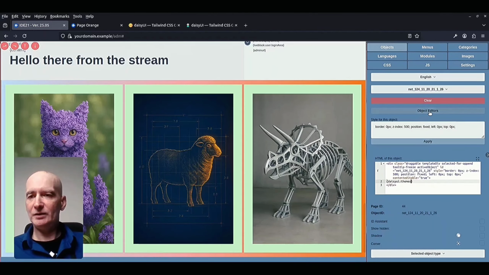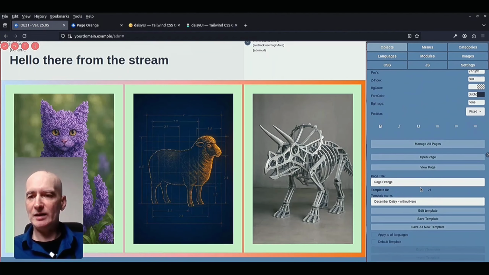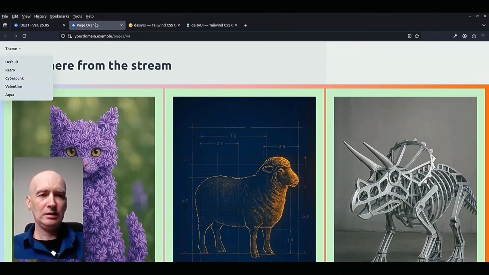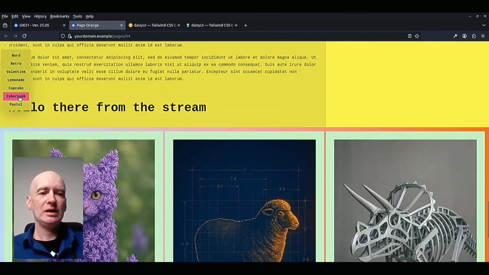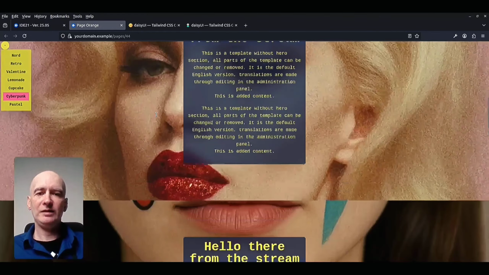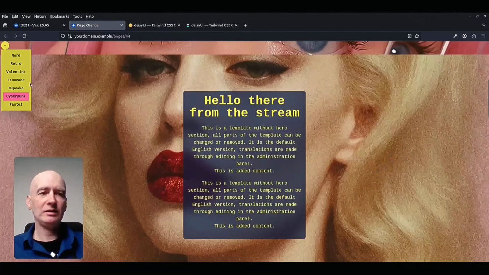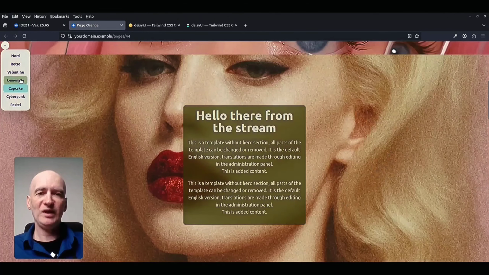And after that, let's just save it and reload. Now you see that we have all the Daisy UI themes that we have installed here. And if I change, you can see that everything is changing according to the theme that is selected.